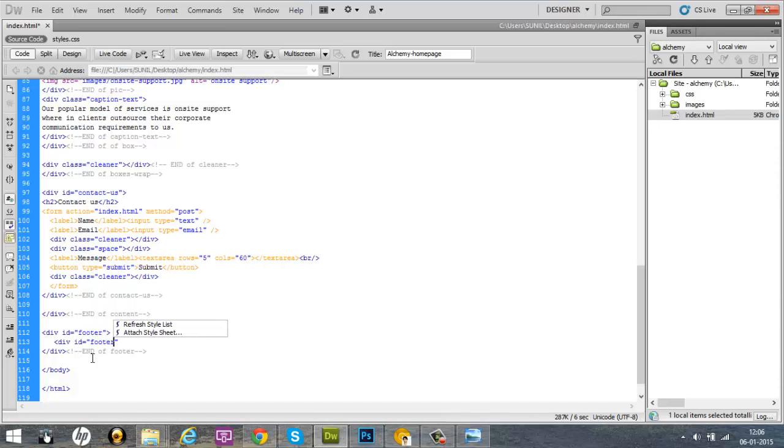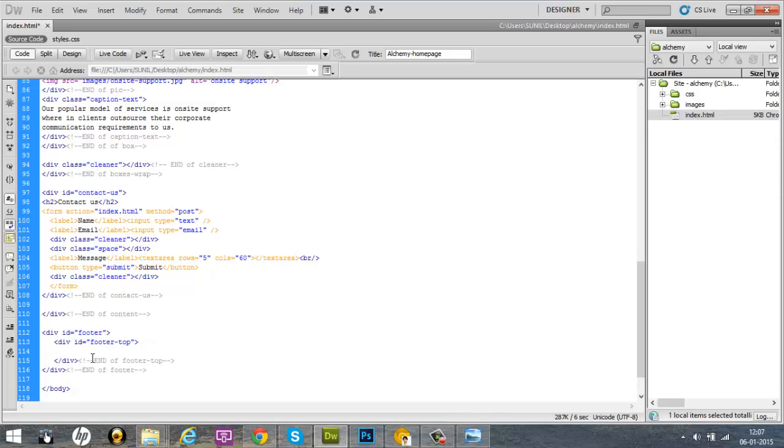This div will be containing the logo and the menu links. I'll put a comment here, end of footer top, that ends right there, and going down one line,